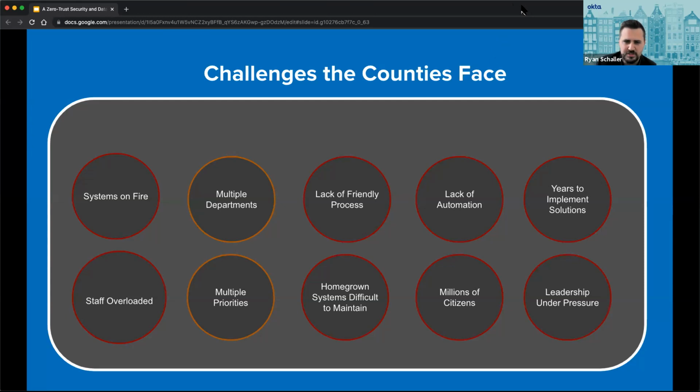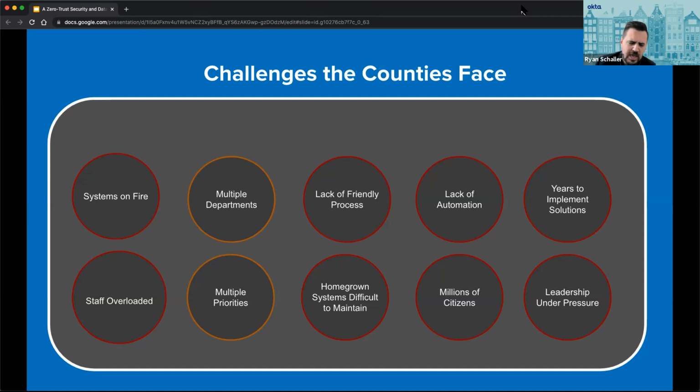So you have systems that are on fire. What this means is that you've built, again, homegrown systems, or your systems just cannot keep up with the demand. All of a sudden, everybody's on their phone, their mobile device, and they're trying to get access to county-based services, right? That becomes very difficult if they are resource lacking. I've homegrown built the system, I haven't put the proper redundancy in place, or it wasn't intended for millions of users to all log in on day two because there's a pandemic unemployment problem.